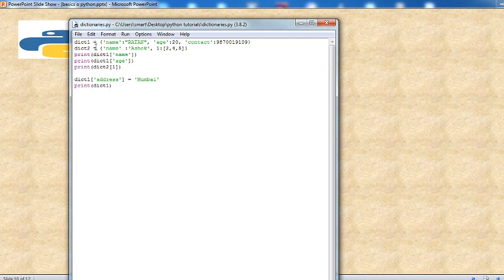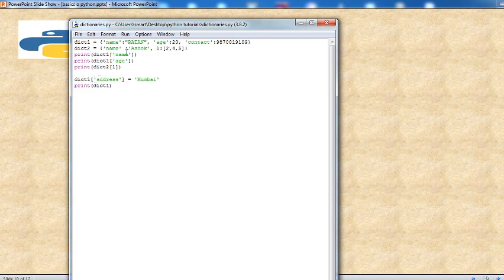Dictionary DICT2, name, that is a string, so single quotes, whereas here 1. 1 is again a key which is having a list of elements 2, 4, 5. So if I write DICT single quotes name, what will it display? Ratan. DICT single quotes age, what will it display? 20. DICT2, so it will display the whole list, not a single number, 2, 4, 5, and so on.